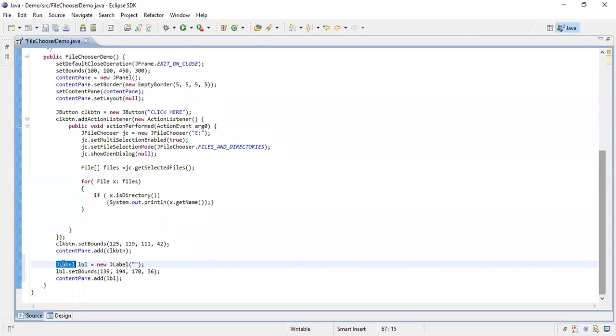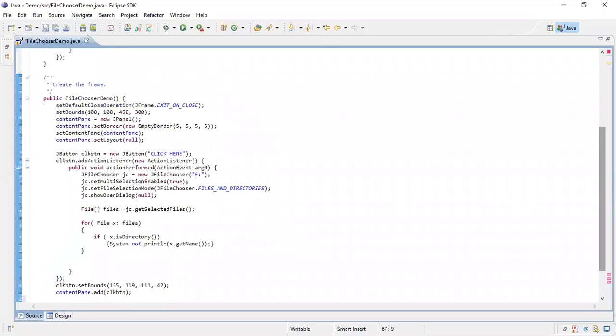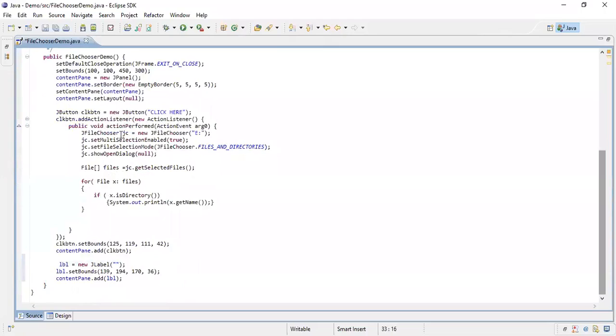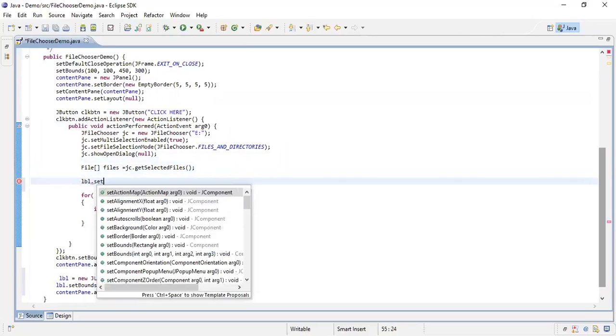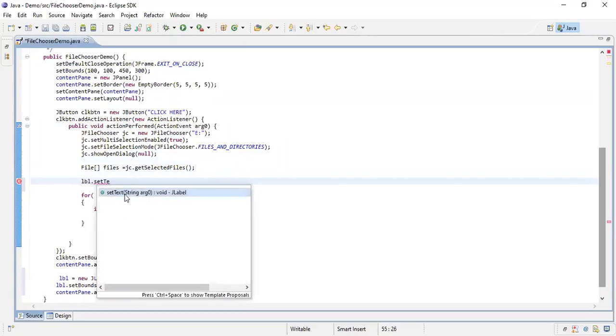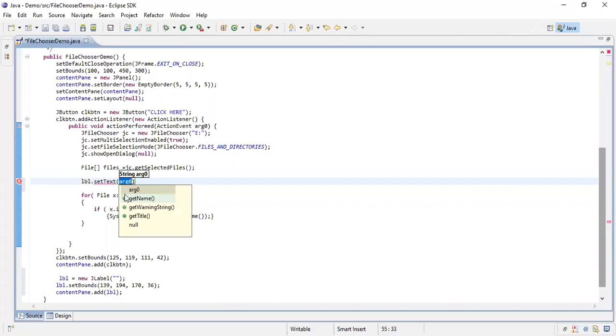Control C. Label. Okay, so where were we? We were over here. LBL dot, okay, good. Looks good. setText. So inside my text, I can give which file I have selected.